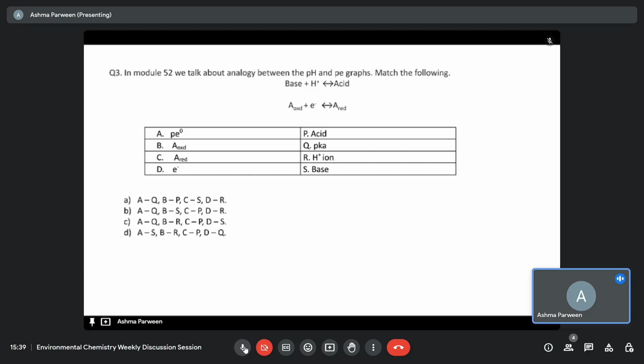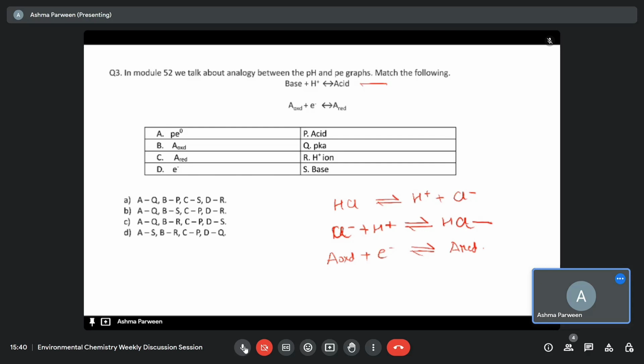Like in any acid, suppose we are taking HCl, it dissociates into H plus and Cl minus. So if we reverse the reaction, Cl minus plus H plus, it forms HCl. So this reaction and this reaction are same. Cl minus is the base of the HCl, so it is taking H plus and forming HCl. And similarly, here it is the oxidized form of any compound A. It is taking electrons and forming the